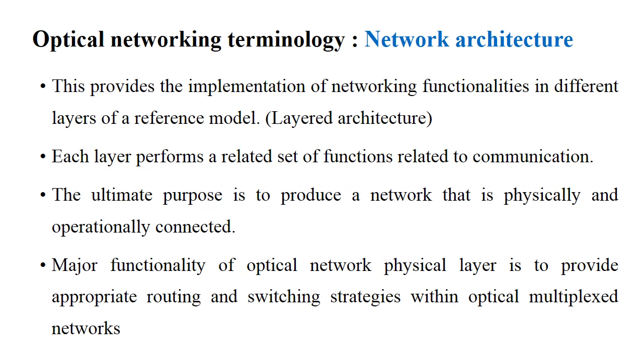Since it has multiple layers, each layer is dedicated to perform one particular job with respect to the communication. So for example, if layer 1 performs encryption, then on the receiver end layer 1 must also perform the decryption. So that means we have a point to point operation. That is what the network architecture provides with respect to the communication.